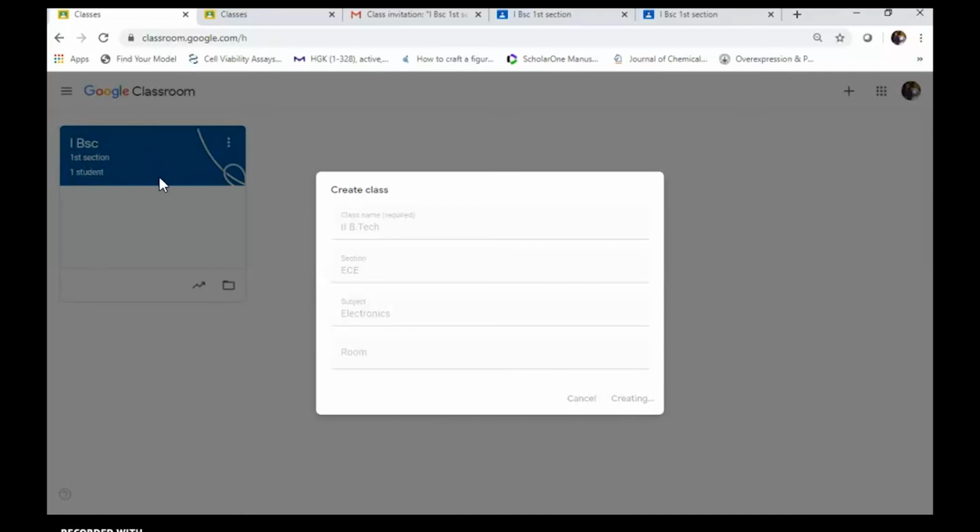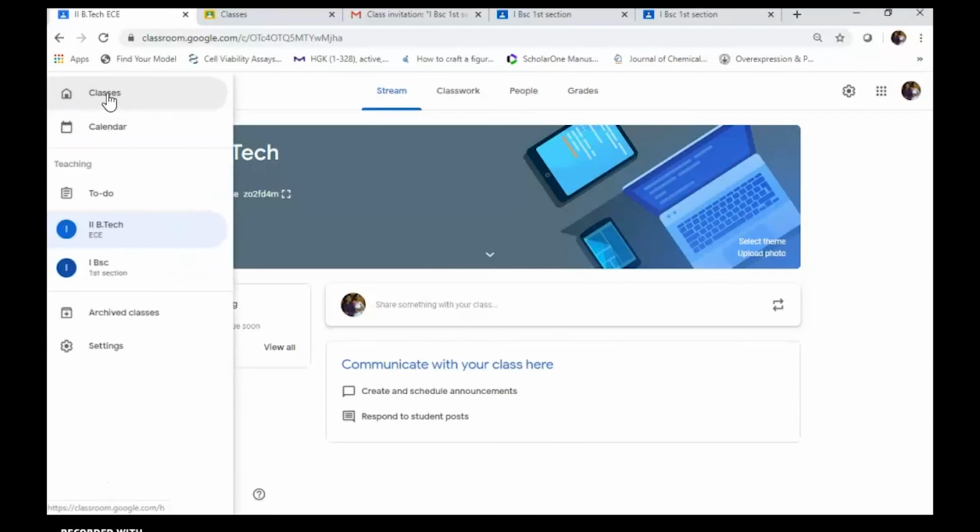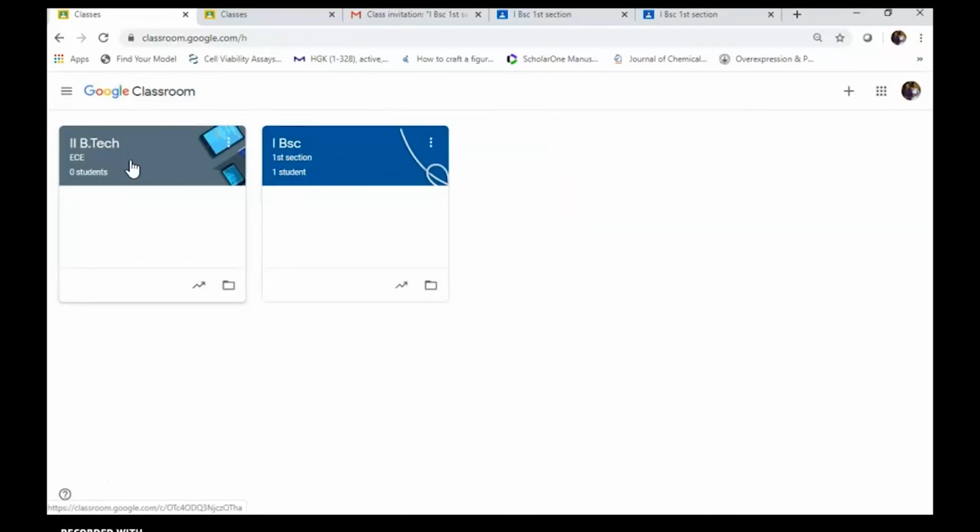Already one class is there for one section of the students. You are not only dealing one section, but usually we deal multiple sections of the students. So you can manage different classes and you can preserve their classwork. If you see here, the classes, you created two classes. One student already got invitation and he joined your classroom here, and this is a newly created class. Likewise, you can create n number of classes here using create classroom.